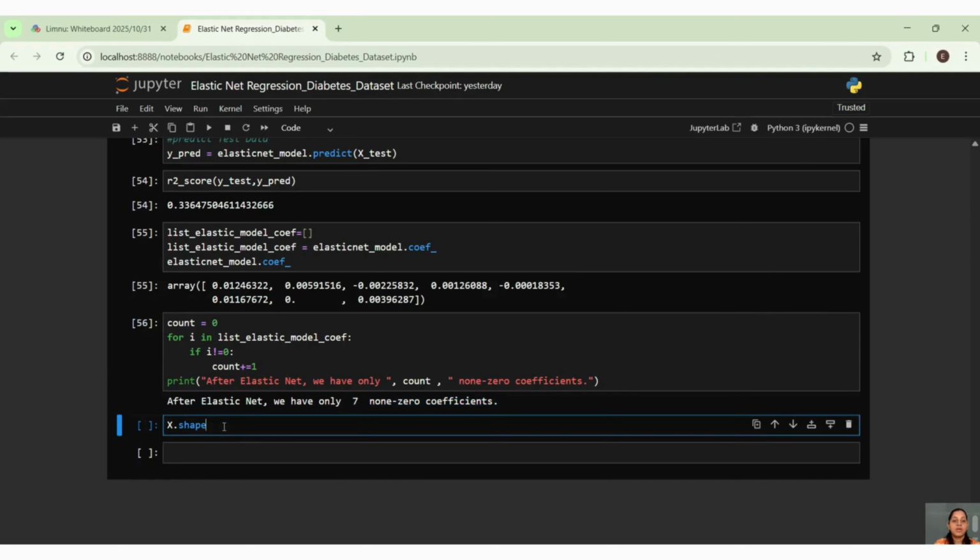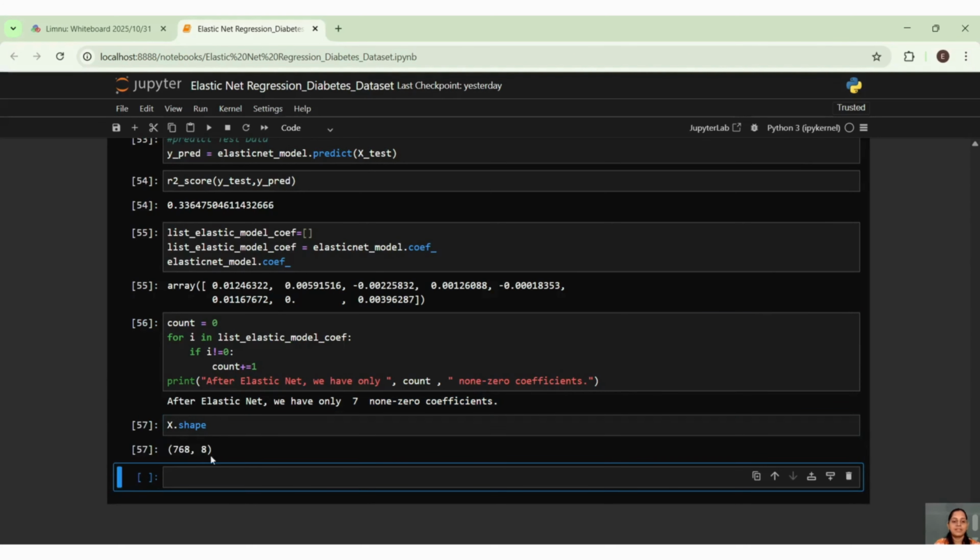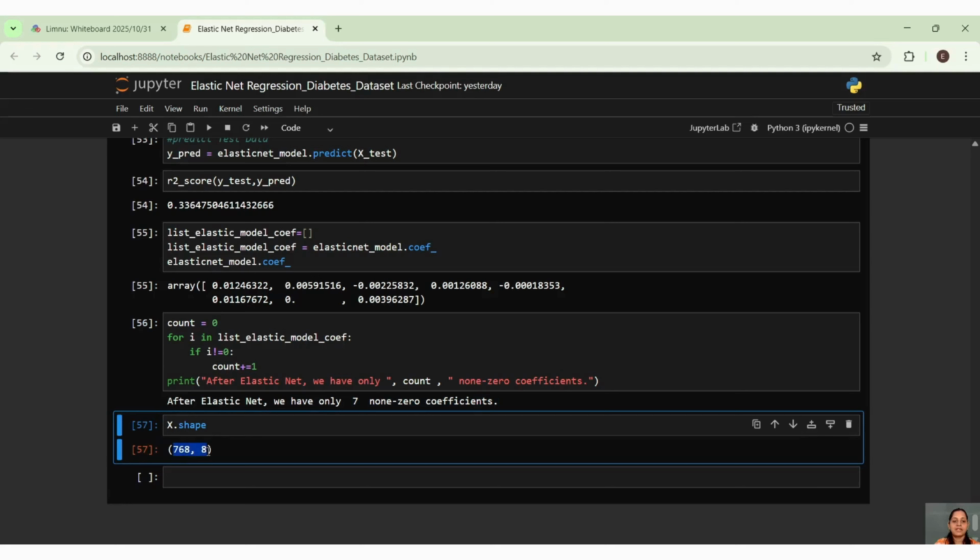But what is my original shape, guys? That is 768 by 8. That means a total of 8 columns. So with elastic net, what we understood is that this is very helpful for feature selection. If you have a very large data set, take examples of them, try these methods and see how it is doing the feature selection, right?